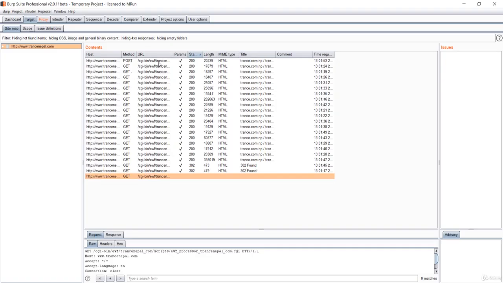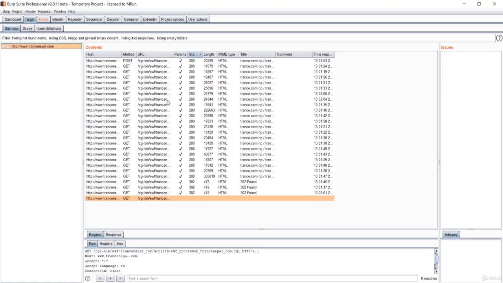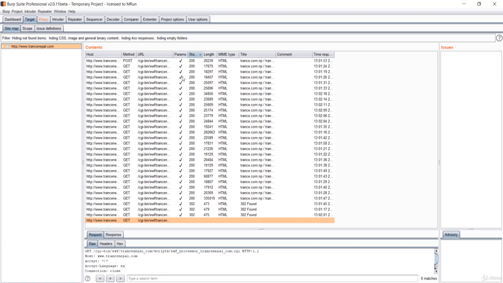Next is the URL and the parameters. Parameters are useful because we want to search for XSS attacks, and if there is no parameter, we have to search for one. We have to sort them in the form of parameters, and we'll hunt for the XSS.